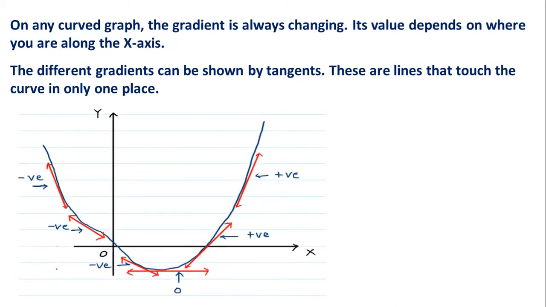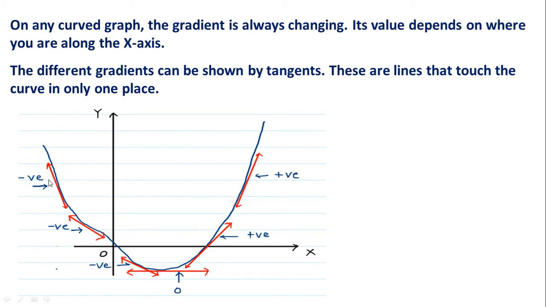Just see this figure. This is the curve for the function y is equal to f of x, and for every point we have taken the tangents. See here, this is the tangent, this is the tangent, so on like this. So here if you observe, at this point the slope of this tangent will be negative. Here also the slope will be negative. If you have the horizontal tangent, means parallel to x-axis, then its slope is 0, and here the slope is positive. Here the slope is positive.